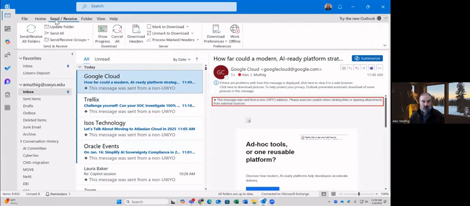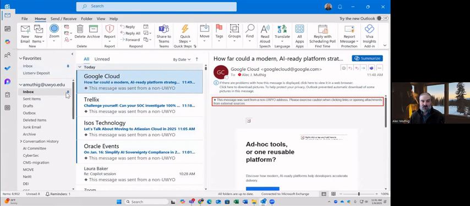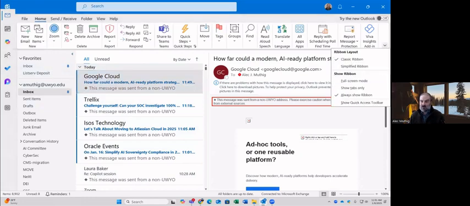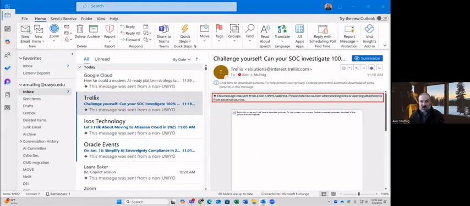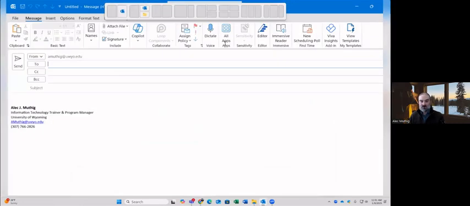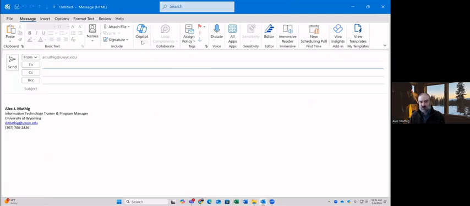And you'll also see Copilot show up at the top up here at times, depending on what you need to do. So if I create a new mail, for example, I need to draft a new email. There's Copilot. And I could draft a message, have Copilot write a message for me.